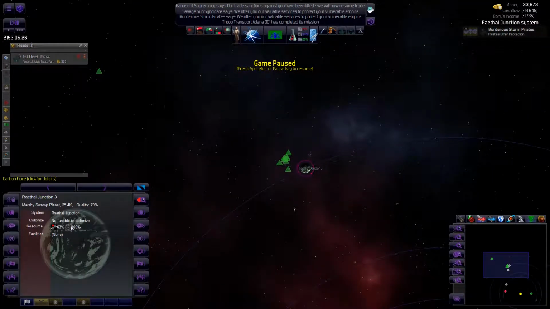I think we want that for ourselves. 100% carbon fiber and 63% polymer. We definitely want that for ourselves. So I think I might just hit the queue up button here and we'll get the construction ship over here